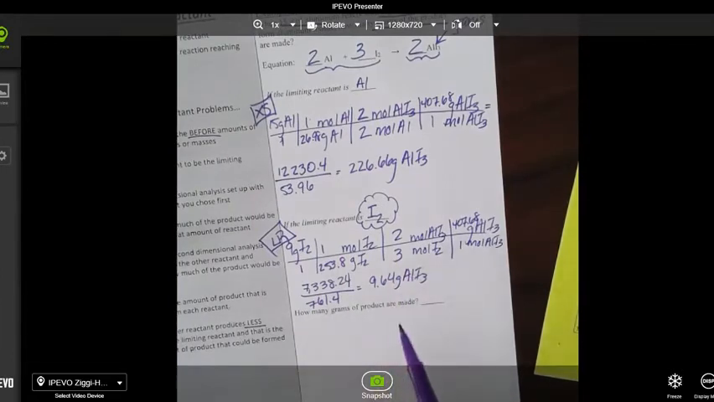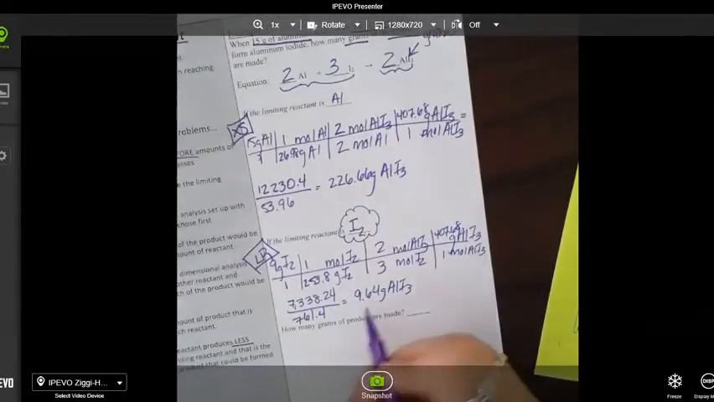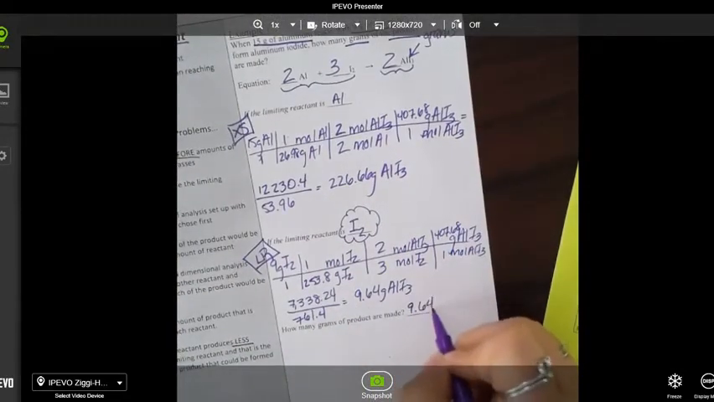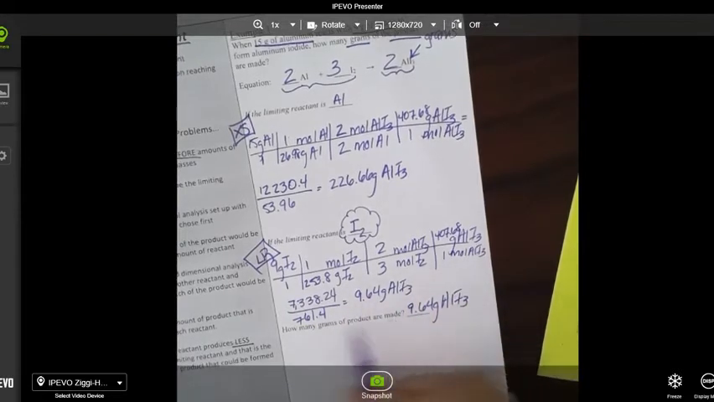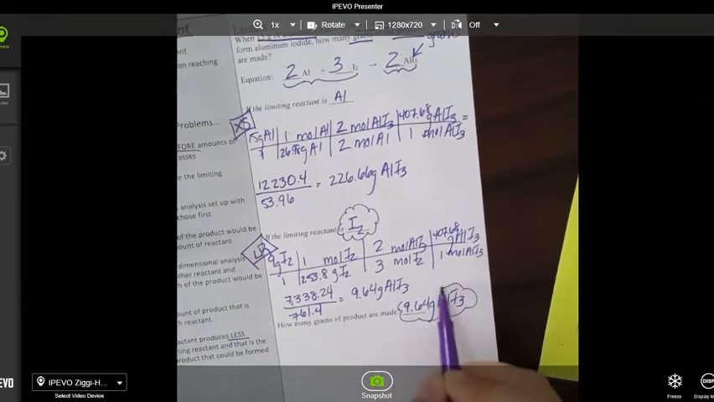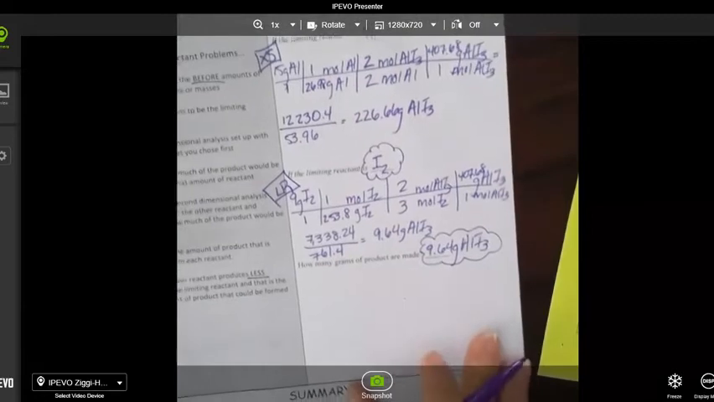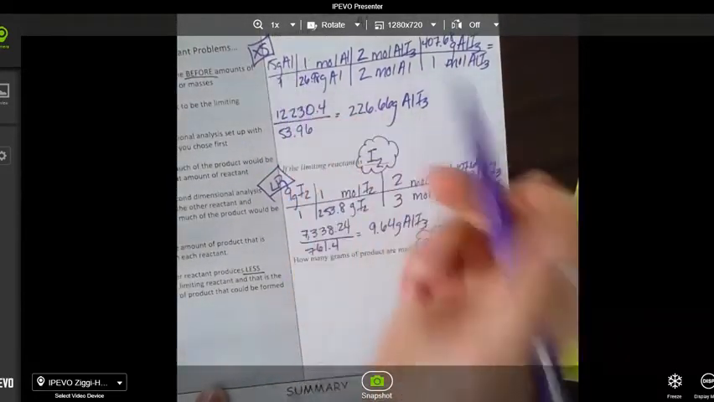Well, the maximum amount of product that could be made from the amount of reactants I'm given is this right here, the 9.64 grams of AlI3. This is the maximum amount. So this is how much is going to be formed. Okay, now you might get a question that's going to ask you, well, since we know that aluminum is our